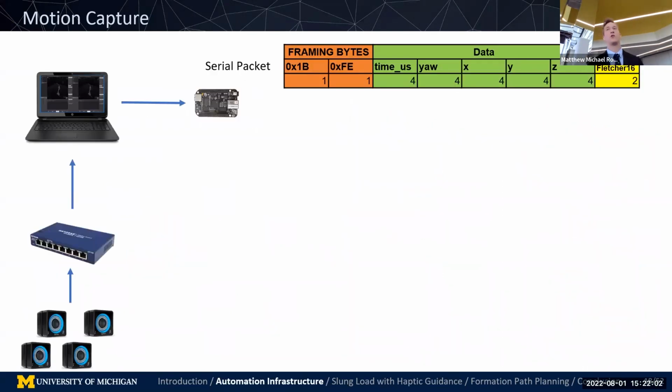And then how did we get all six to send data at the same time without interference? Well, we had this Simulink interface with the existing motion capture system and send these serial packets. So if you notice, we're sending yaw, X, Y, and Z. So that's four degrees of freedom, when we're generally at six degrees of freedom including roll and pitch, but we trusted that the onboard IMU was sufficient.